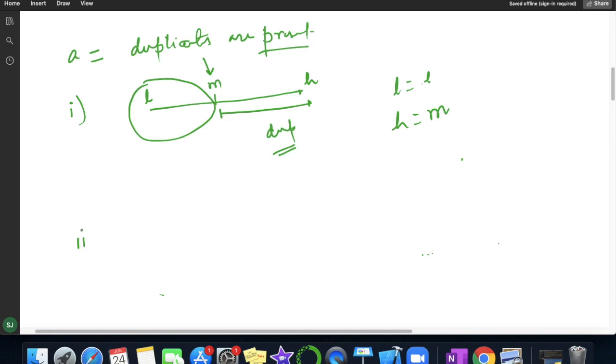Now the second scenario: suppose this is my array, this is my low, this is my mid, and this is my high. Suppose now this section is duplicate.